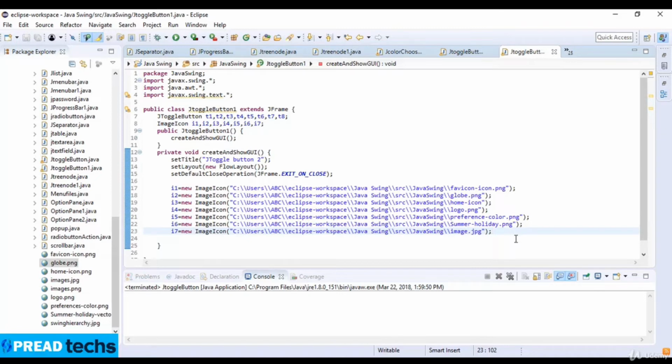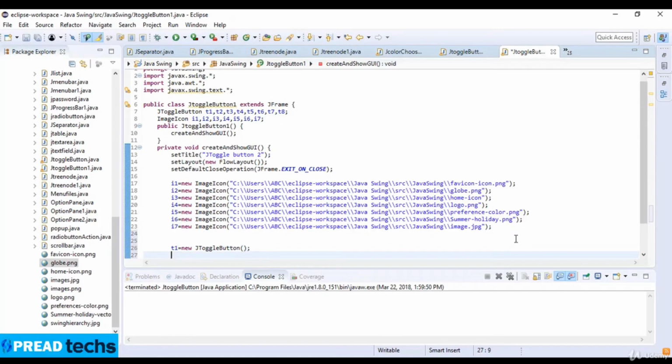now I just create t1 which is equal to new JToggleButton. Okay, so this is the default constructor with no text, no icons, and it is not selected. Now here I just create using the second constructor, which takes a javax.swing.Action object. So here I just write t2 which is equal to new